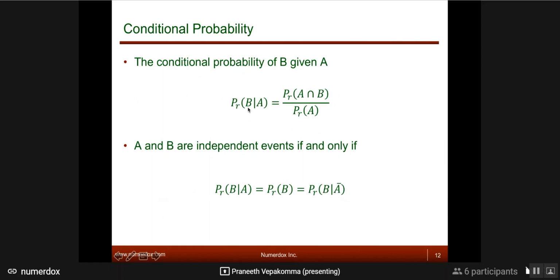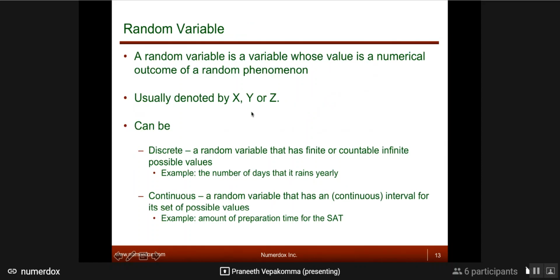Joint means and. Condition means one is given, known to be happening. It is given that it's going to happen. So what is the probability now that another event would happen based on this situation, right? So if A was the probability of an earthquake happening, what is the probability that the destruction would be greater than $1 million? Or what is the probability that destruction would be less than $50,000, right? This is B given A, if you're trying to measure.